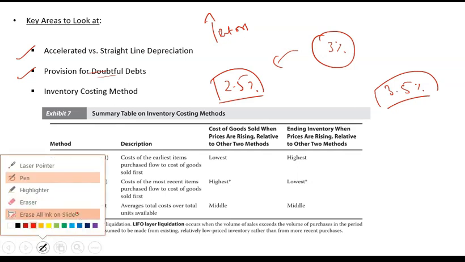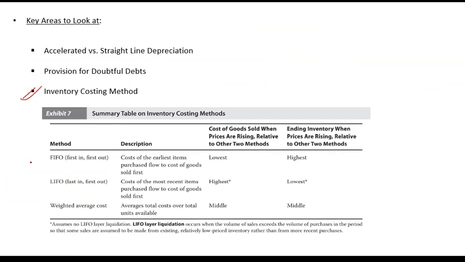And the third key area to look at is the inventory costing method. So remember the names of all these items, so that when you are given a financial statement and asked to analyze it, you should look at all these factors and find out all differences in all these factors. So we also have a third method also,